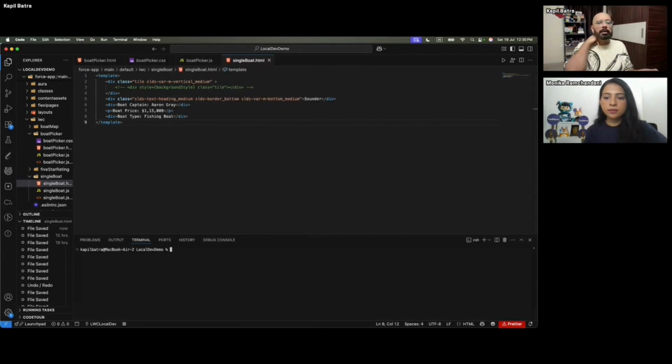Okay. Now to run a single component, the steps are again the same. Instead of this SF Lightning Dev app, you just need to add SF Lightning Dev component. So this is going to be the command if you would like to run the single component using your local development server. Now the change that you will notice here is it is going to give you option to select